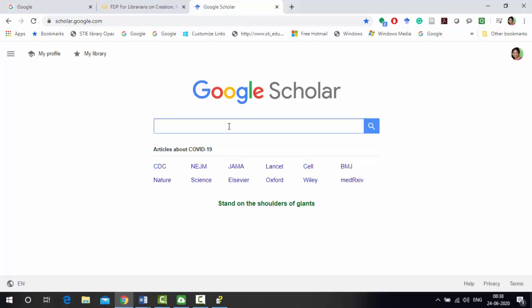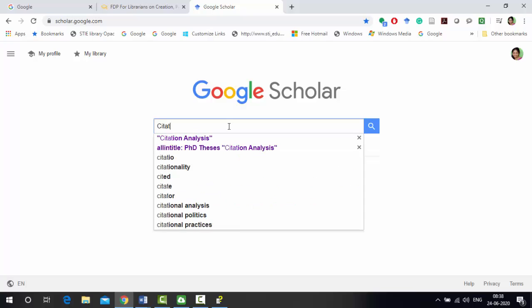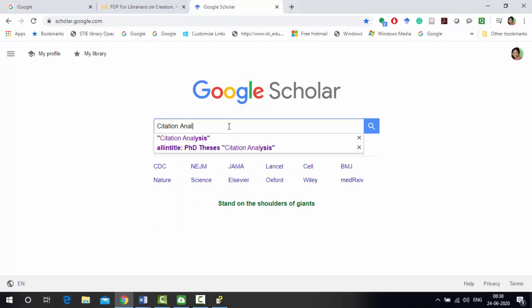Suppose my research is on citation analysis of PhD thesis. So first of all, you need to know which are the keywords by using which you can search your references. So in my case, citation analysis is the main keyword.